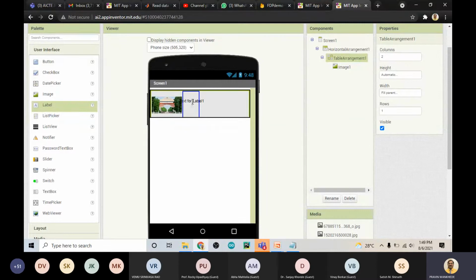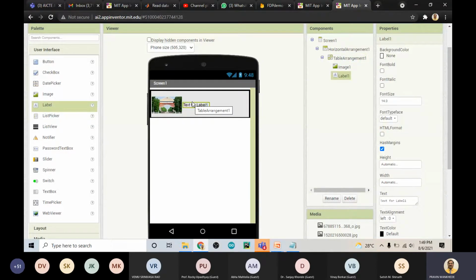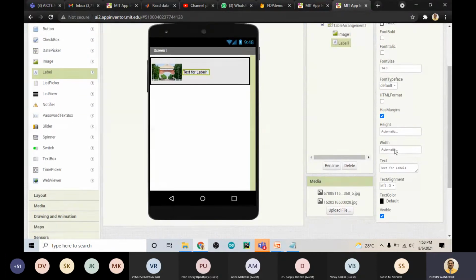Okay, now 30% of width we have used for the image, so the remaining 70% we will assign to the text. So go to the properties, then go to the width and make the percentage 70% and click OK.